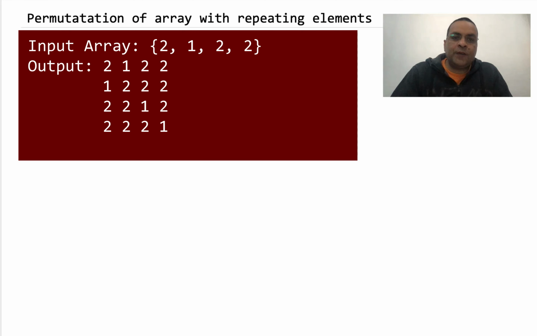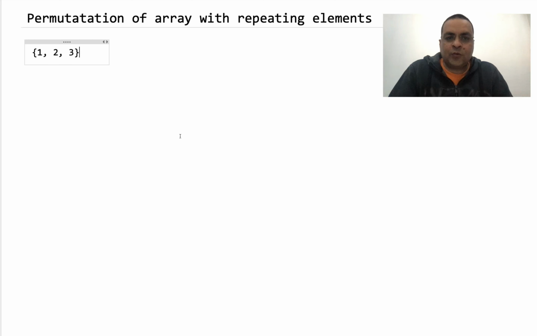Hey guys, in this video we are going to look at the problem of printing the permutation of elements of an array when the elements may be repeating. I have already posted a video for printing the permutations when all the elements in the array are unique. The link to this video will be available in the description if you want to have more detail. But let's have a recap of how to print the elements when the elements of the array are unique.